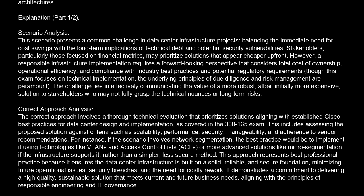Correct approach analysis. The correct approach involves a thorough technical evaluation that prioritizes solutions aligning with established Cisco best practices for data center design and implementation, as covered in the 300-165 exam. This includes assessing the proposed solution against criteria such as scalability, performance, security, manageability, and adherence to vendor recommendations. For instance, if the scenario involves network segmentation, the best practice would be to implement it using technologies like VLAN and access control lists, ACL, or more advanced solutions like microsegmentation if the infrastructure supports it, rather than a